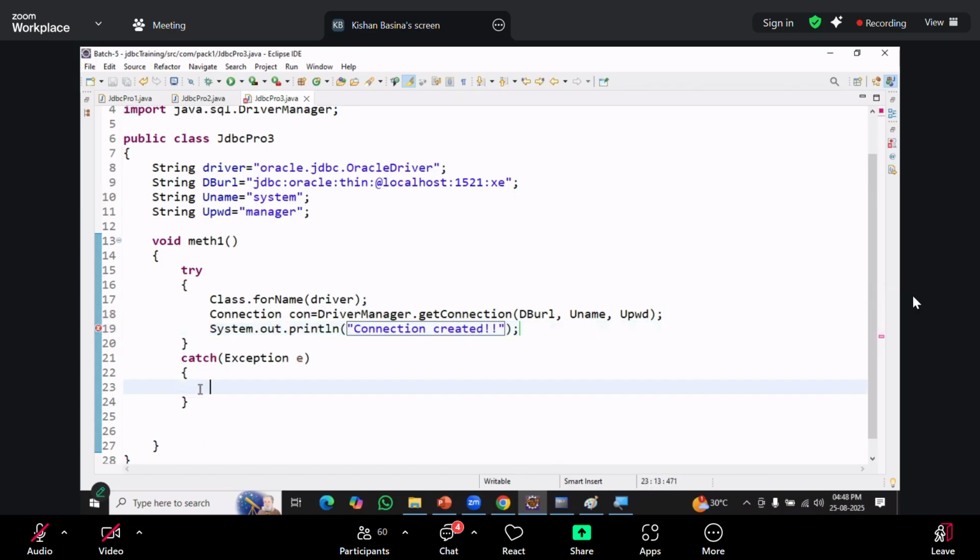Now, please, some people are forgetting to write the print stack trace method. Please make sure to write the print stack trace method. Why? Because if you are not writing the print stack trace method, for example,